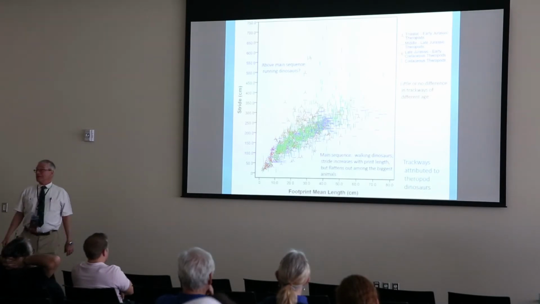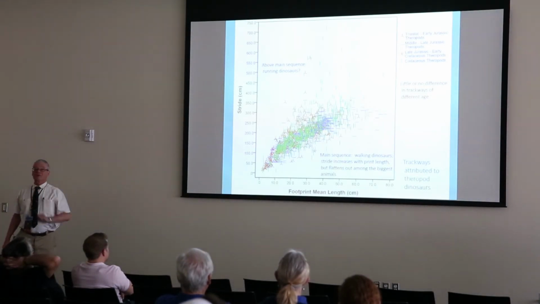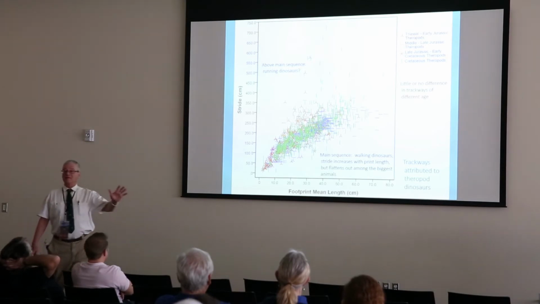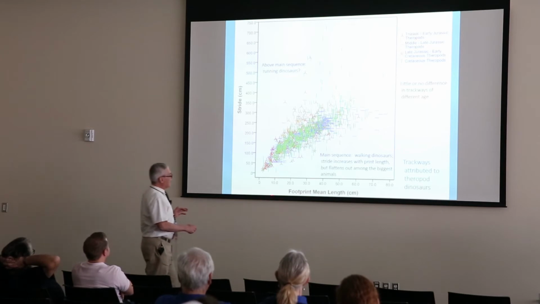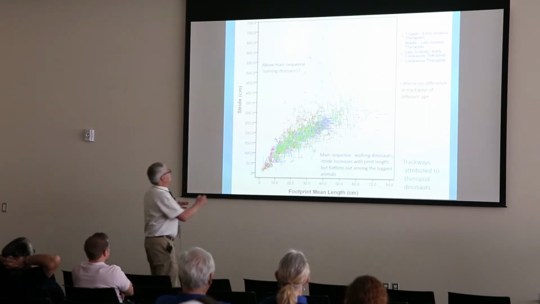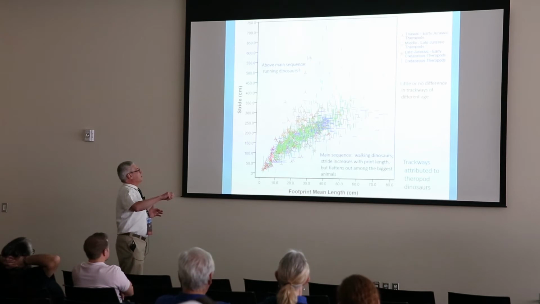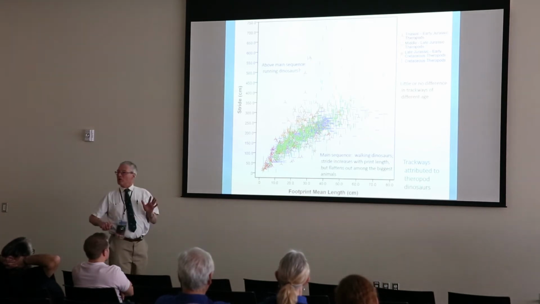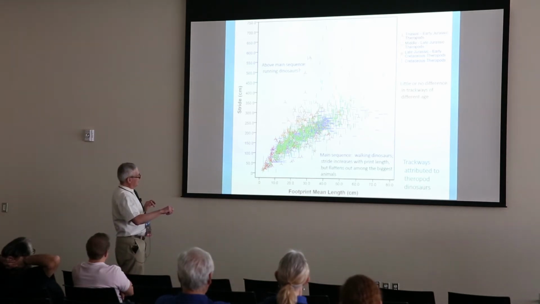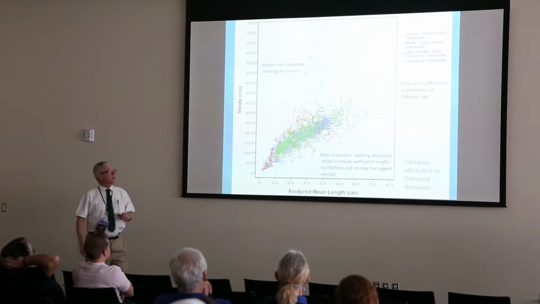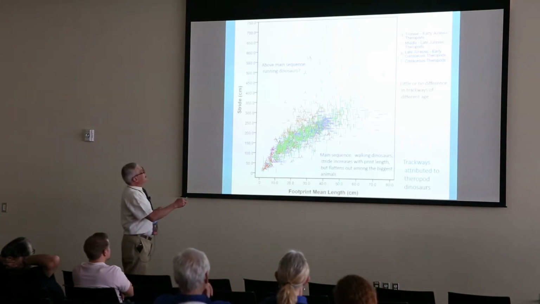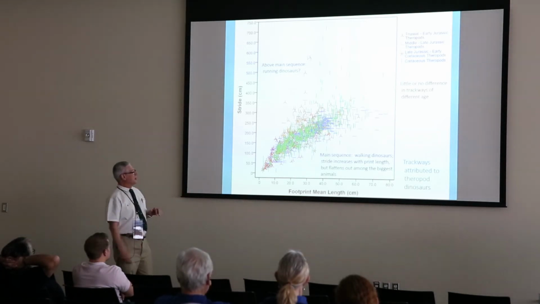So I went through my own measurements of dinosaur trackways and through every paper I could find in the literature. I got data for a couple thousand trackways, where I plot the average footprint length within a trackway against the stride length, and you get a kind of main sequence of points. Where things are densest, the stride length does get bigger as the animal gets bigger, but it flattens out in the very biggest guys. And above this main sequence you get a bunch of scattered points,